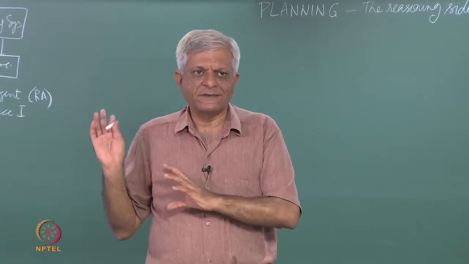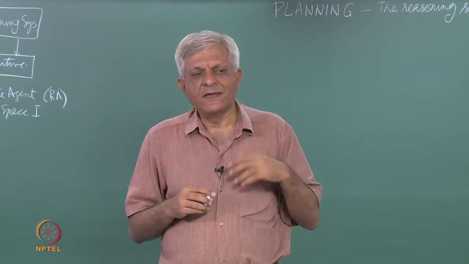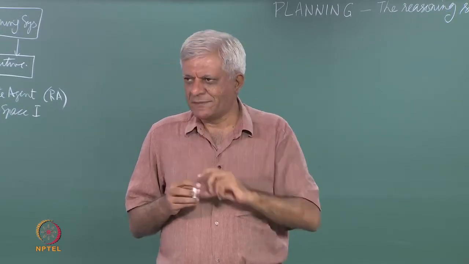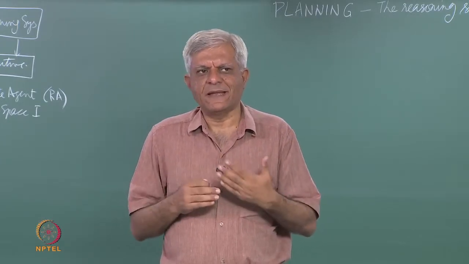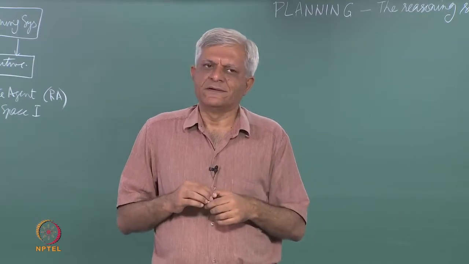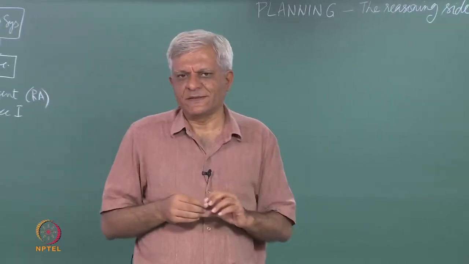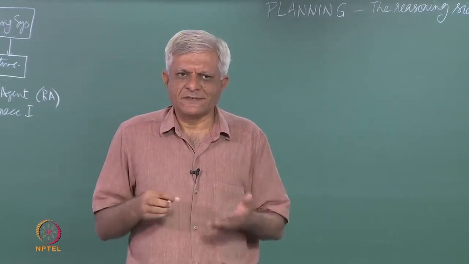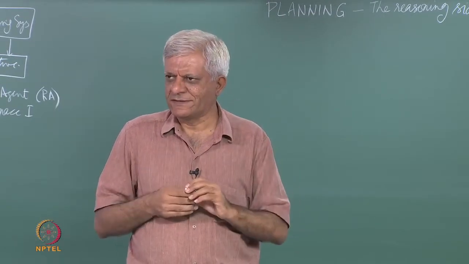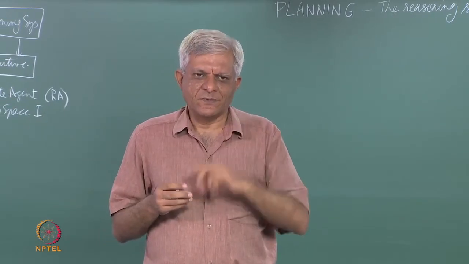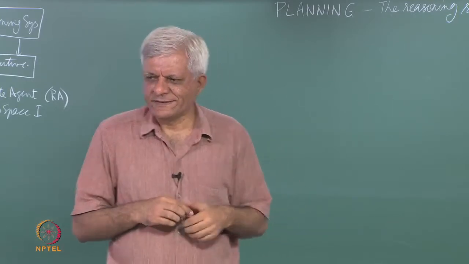In such situations, it is inevitable that you have autonomous planning built into the system. So, both in the remote agent architecture and in the Mars rovers, what the scientists do is that they give high level commands, go and explore that area or go and collect samples of this from this area, and then the rest of the activity is planned by the system on board. So, these are extreme examples, space examples, but planning happens all the time essentially: scheduling, holiday planning. You go to some flight reservation systems, they will tell you that if you want to go from here to Brussels, what are the flights you should take. So, all this comes under planning in some way or the other.